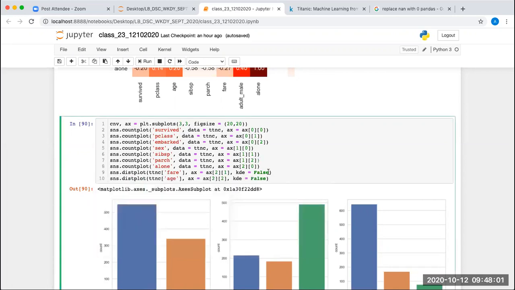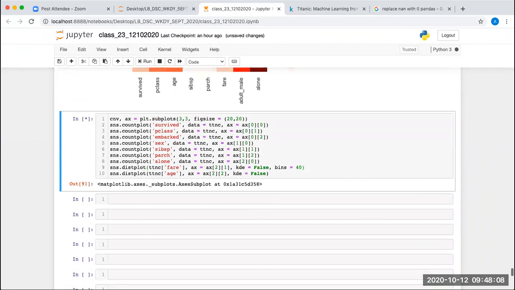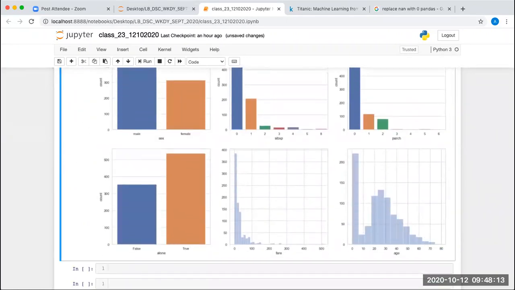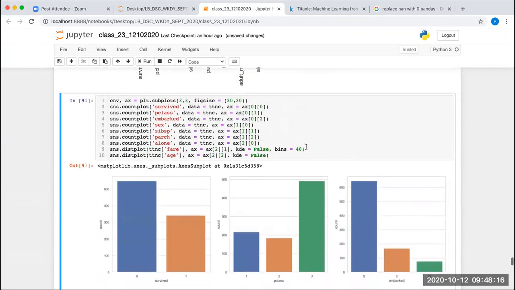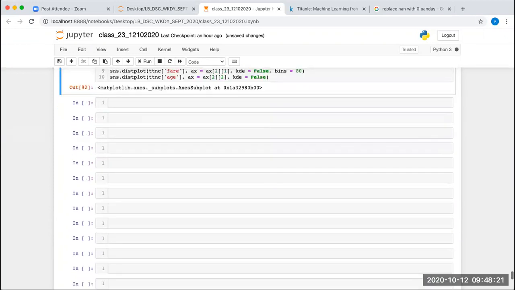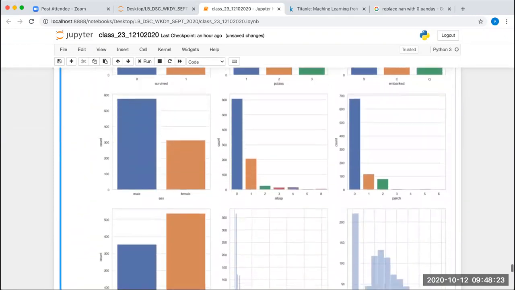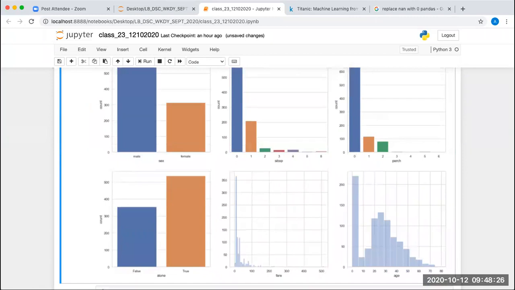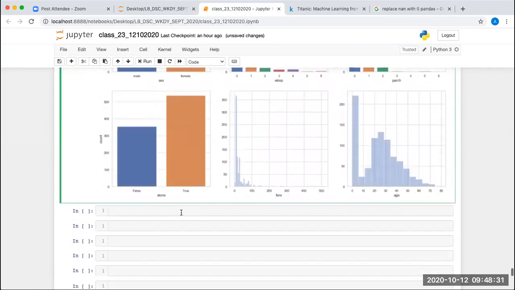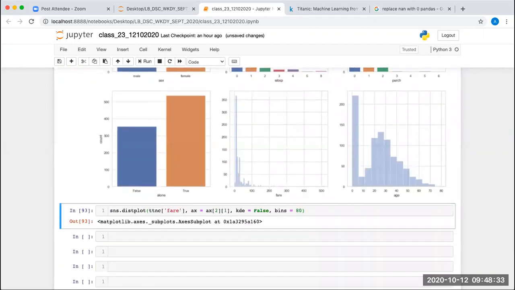We can use bins here. Let's see if bins will work. Bins is equal to 40. Bins is equal to 80. So now what you can do, plot this here separately. Let's see this.